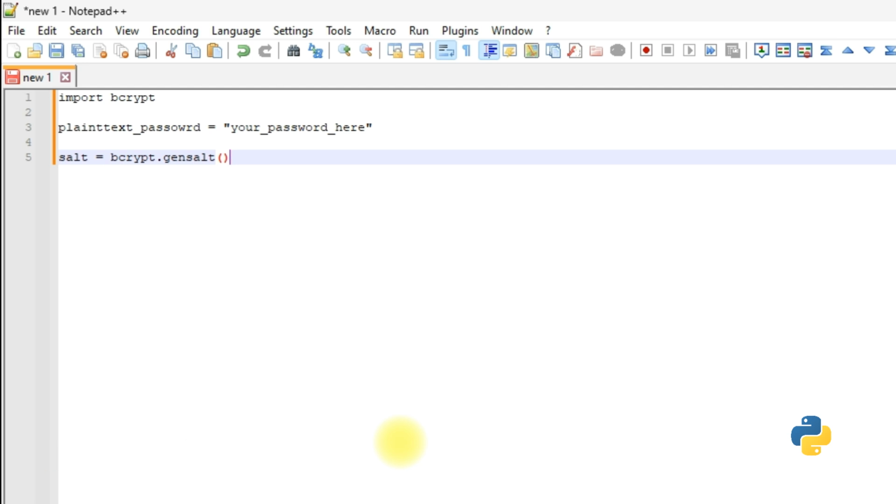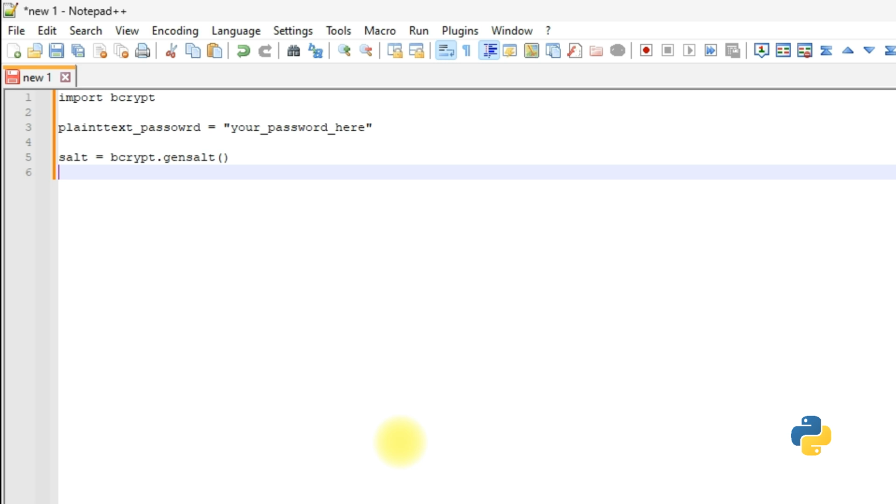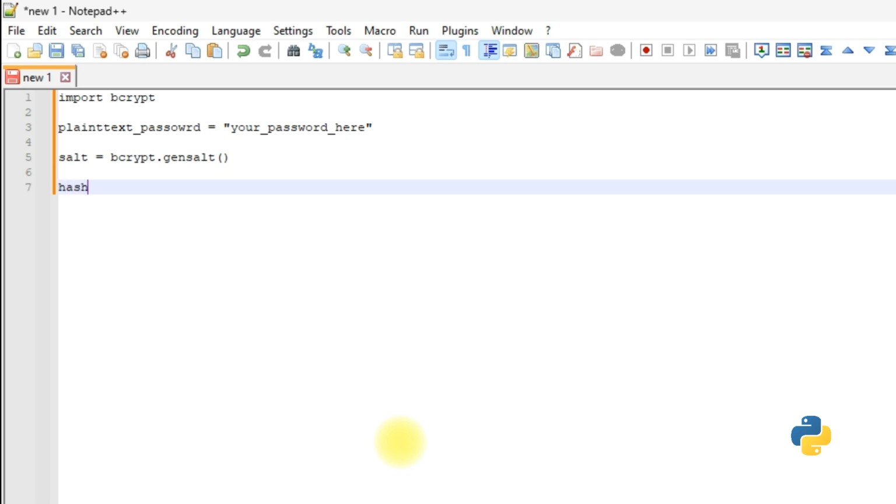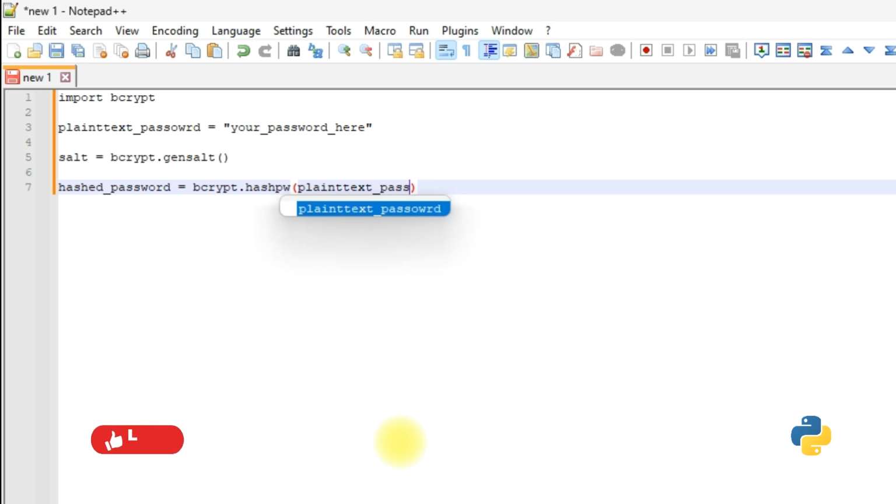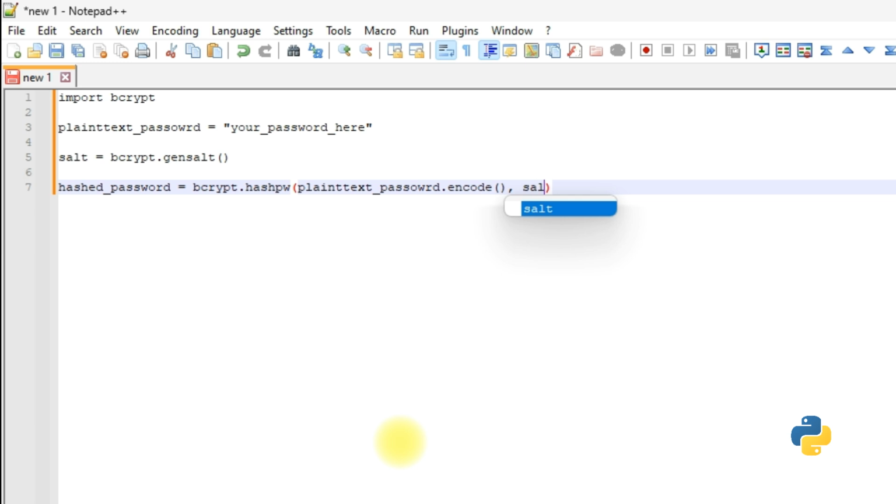With the salt generated, we can now hash our password. hashed_password = bcrypt.hashpw(plain_text_password.encode(), salt)